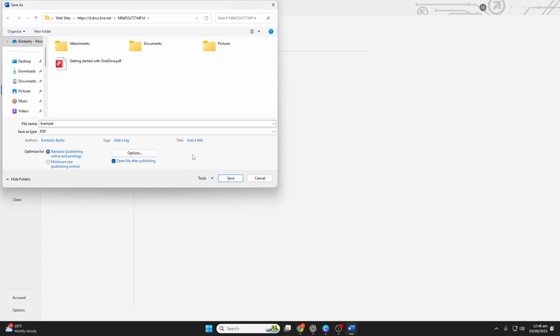A word of caution: steer clear of options that compress or scale the document unless they're absolutely necessary, as these could affect the document's quality. You're almost done. Click Save, and Microsoft Word will diligently create a PDF version of your document and place it